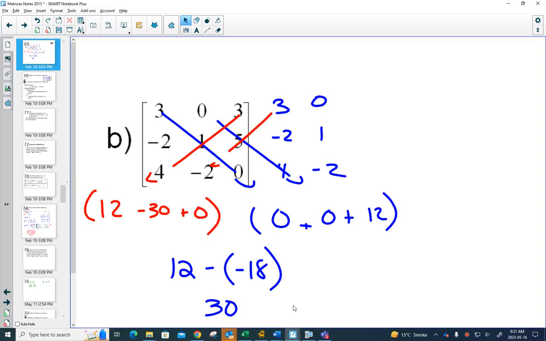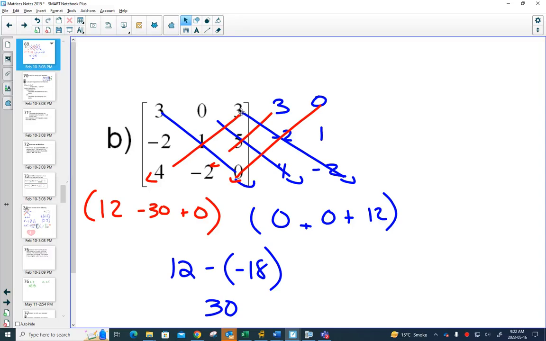All right, check. Did you get 30? So we do the diagonals in one direction, diagonals in the other direction, and you get 30. So now we can,